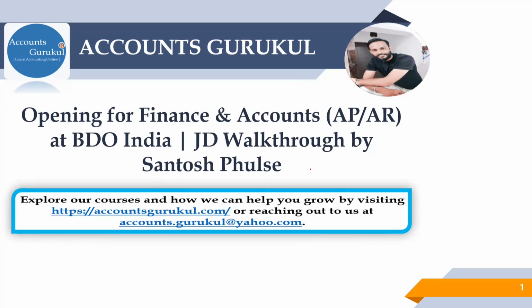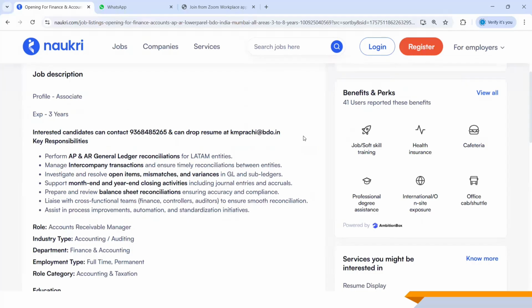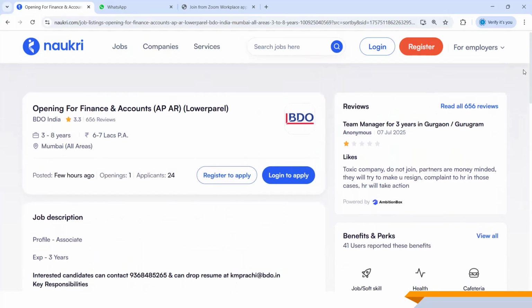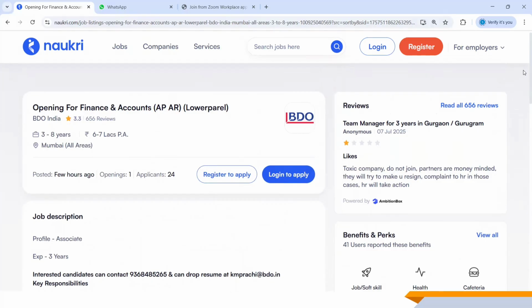We'll jump towards that to know what sort of openings we have and what the key responsibilities added over there are. Now, if you see here, opening for finance and accounts, AP AR, BDO India, posted a few hours ago.